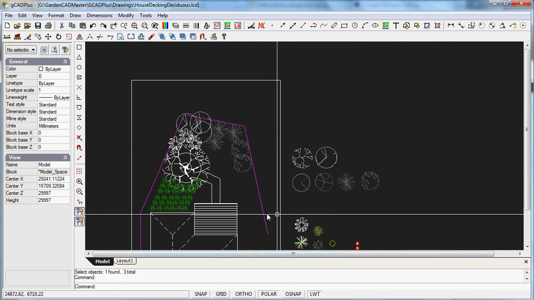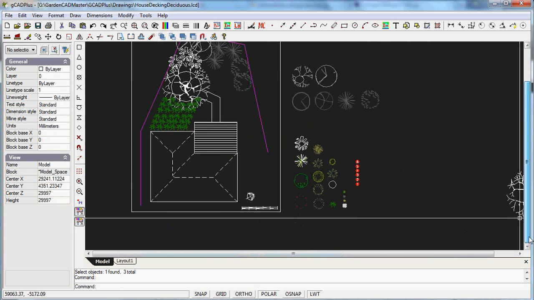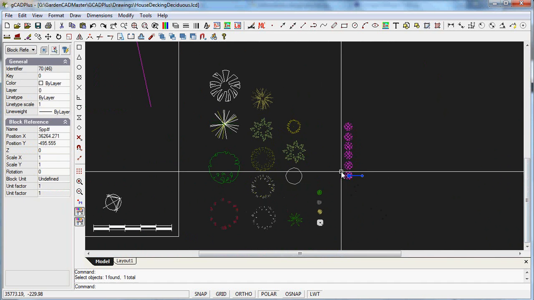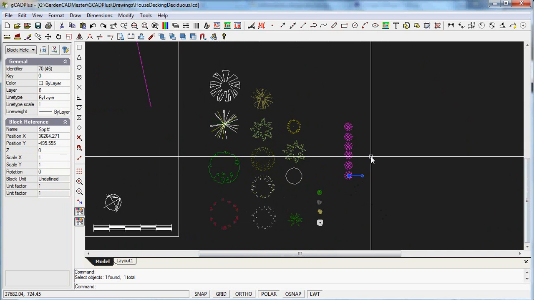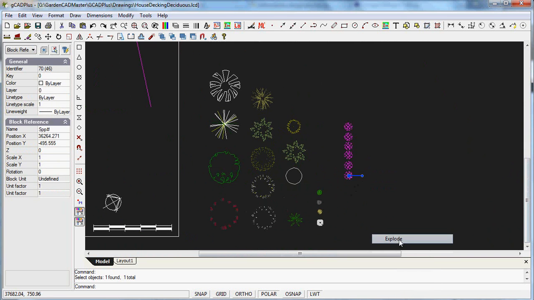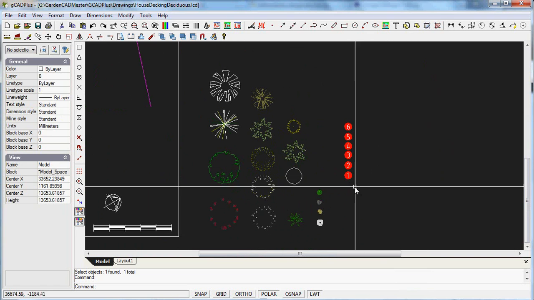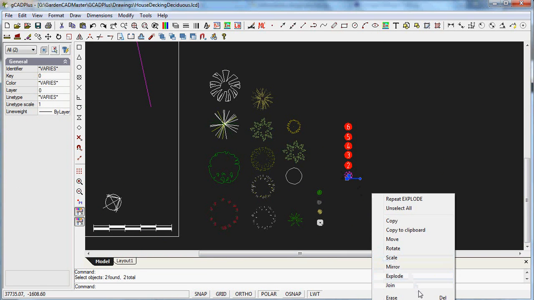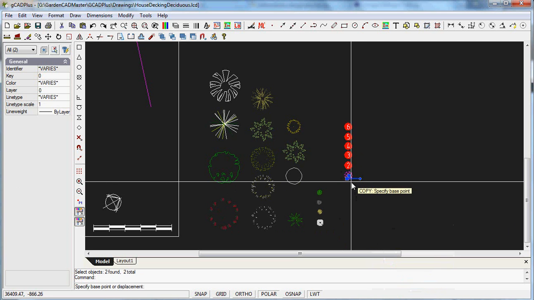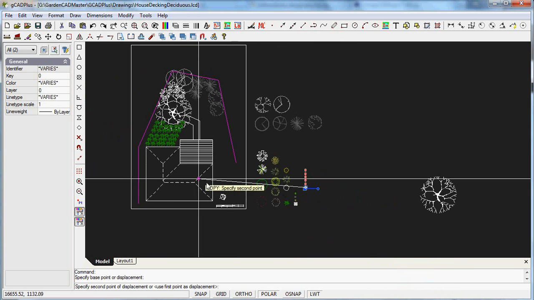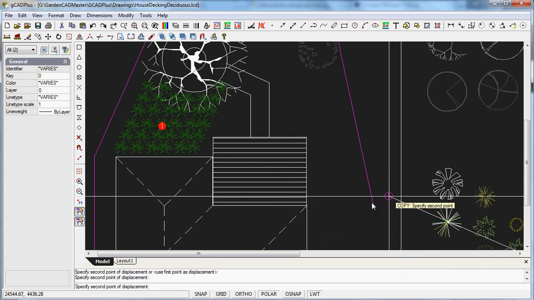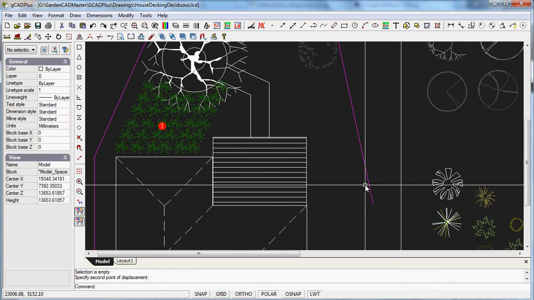So now it would be time to tag one of those plants to indicate the species that are being used. So we can zoom out a little, and I'll scroll down using the scroll bars this time, and I'll select this little indicator here, and you'll notice when I try and select a single one you get a whole group, so I'll explode those, and then I'll just take number 1, which is a number 1 and a red circle, and I'll copy it and again mark a point in the middle and come over here and put it on top there. So we can just put a note in our planting schedule, species 1, mass planting of Cycas,